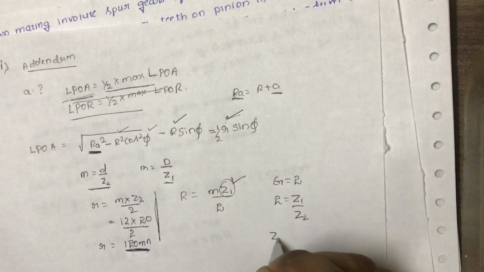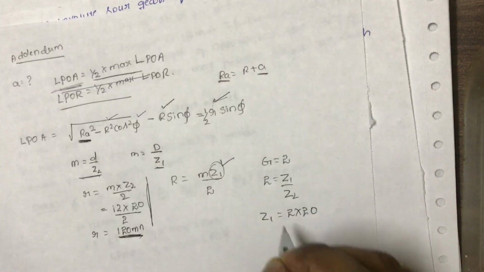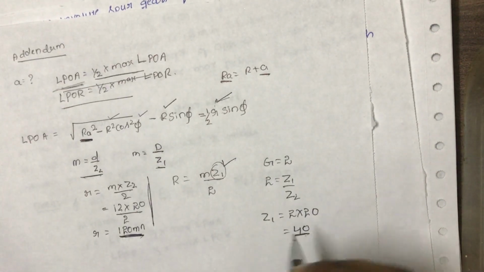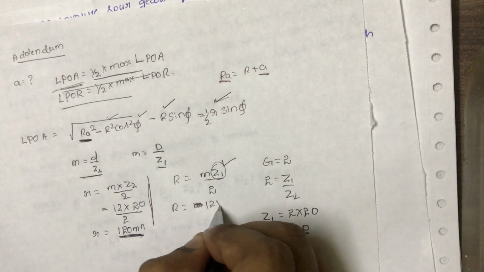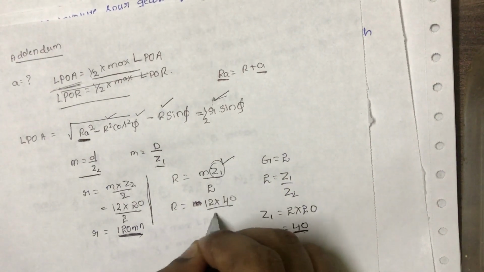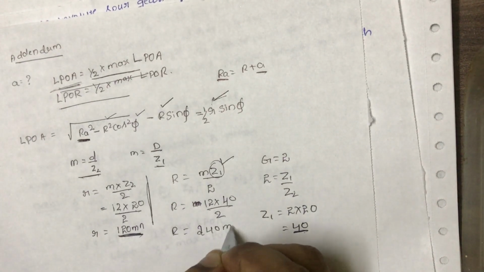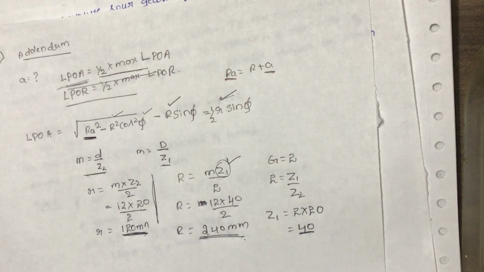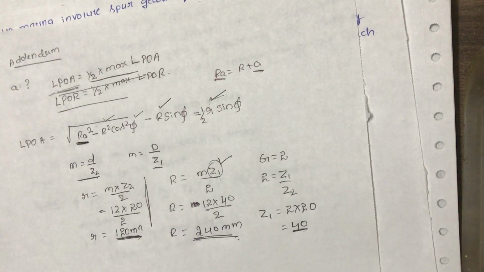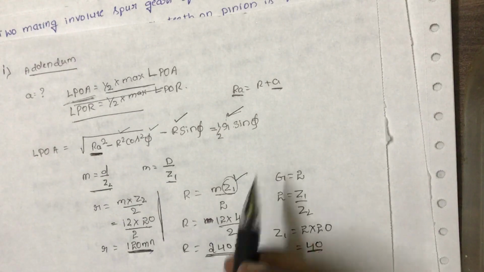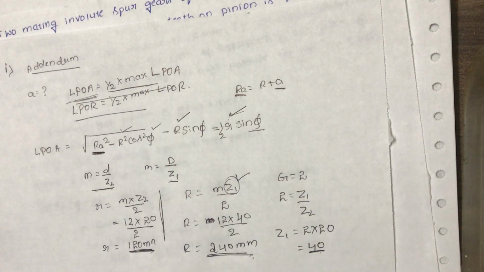I know the value of Z2, that is 20. 2 into 20, you will get 40. So R is equal to 12 into Z1 is 40 divided by 2. You will get capital R is equal to 240 mm. So you have the values of small r and capital R, right? Phi is already given, that is 20 degree. No need to find out. So now we can